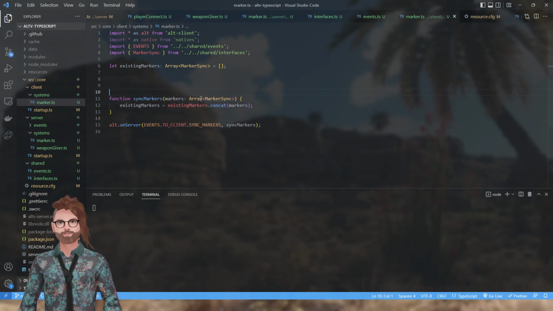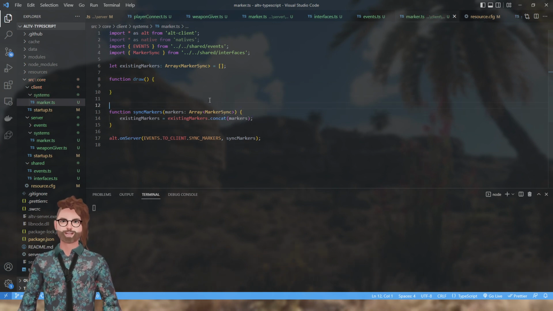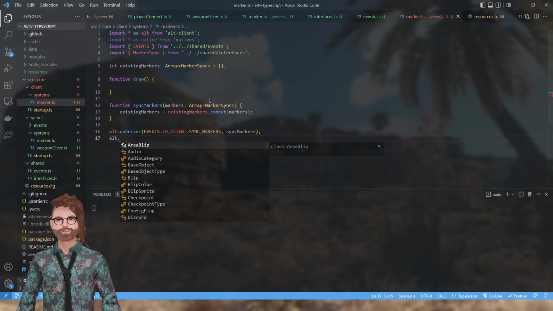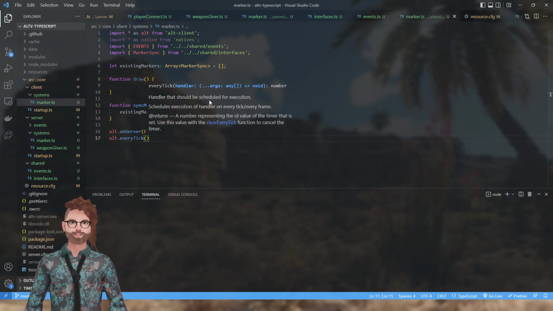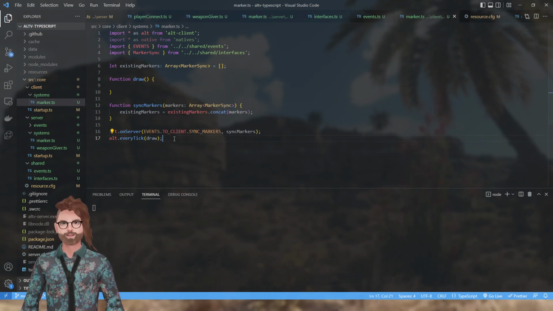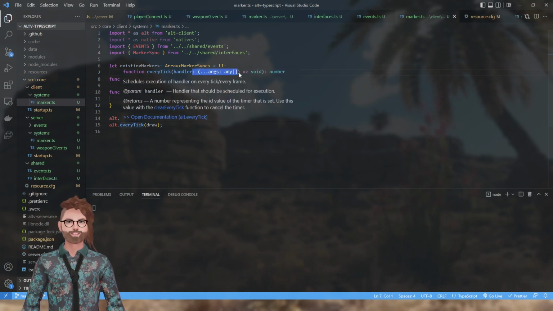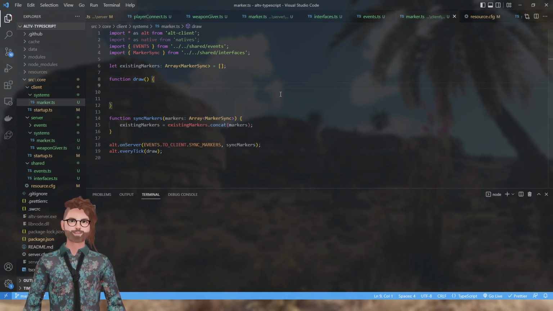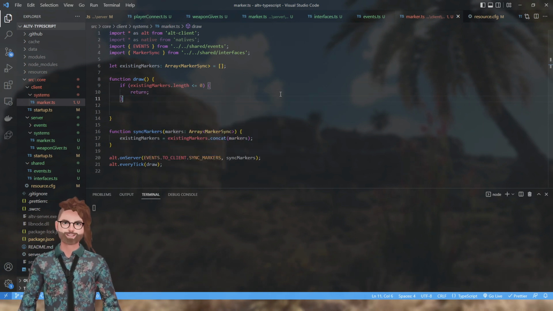So we're going to call it draw. Think of it like we're drawing markers on the screen. And when they join the server, this function is going to be called to call draw all the time. So if I do an every tick and I call the draw function like that, because it's looking for a callback, this is a callback. It's now going to call this all the time. So if existing markers dot length is less than or equal to 0, we're just going to return